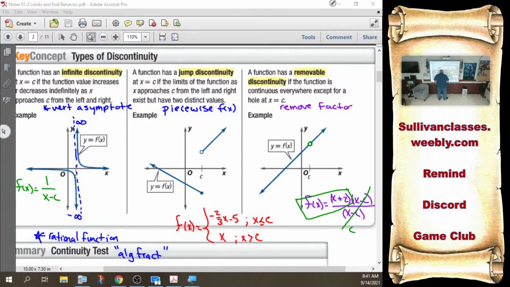I need you to put a note next to this because most kids don't know this, having not used the calculators enough. Your graphing calculator will not show holes. Pure and simple, a calculator can't show the hole because it's only got so many pixels. How do I put a pixel, a dot, at 2.999999999 and a pixel at 3.000000001, but not at 3?